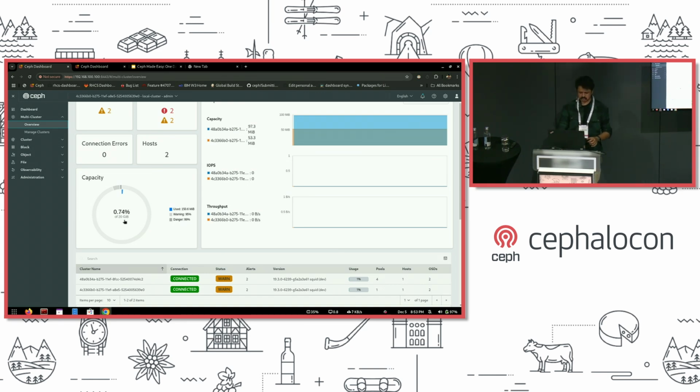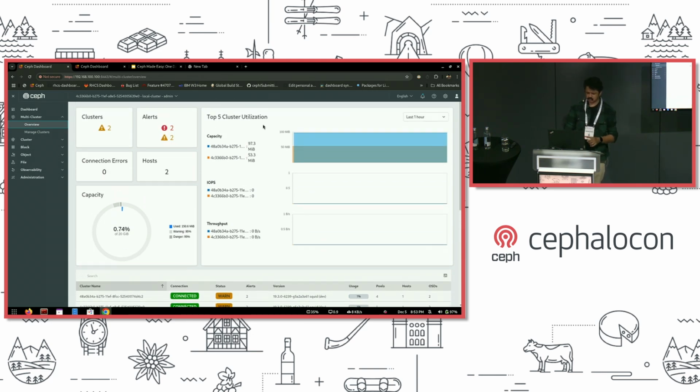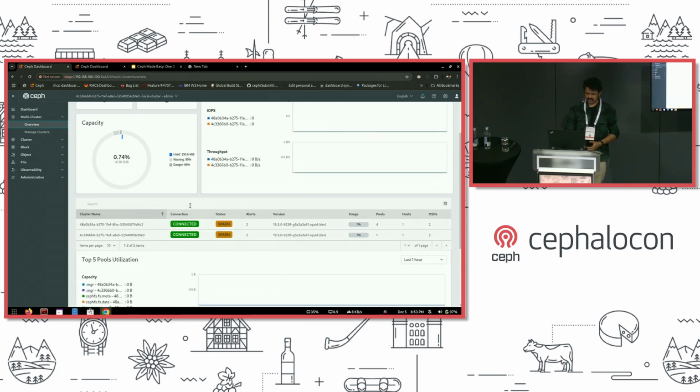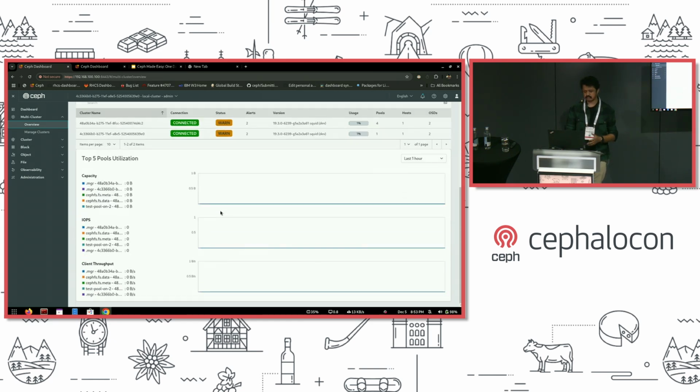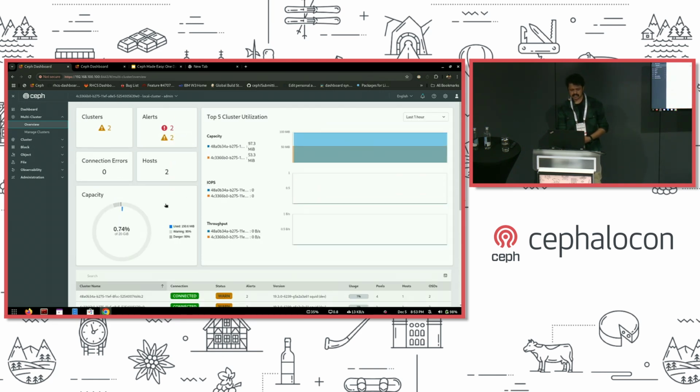We show some metrics here, and also the table that shows all the clusters and their status, and some pool utilizations, just for getting feedback on how you want to evolve this feature in the upstream community. That's the whole monitoring part of this